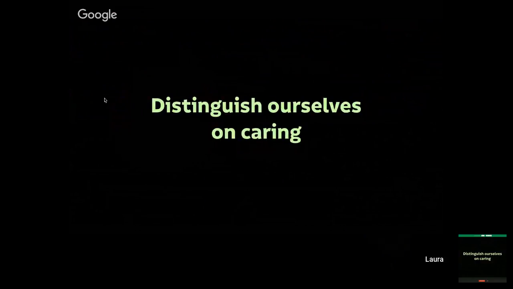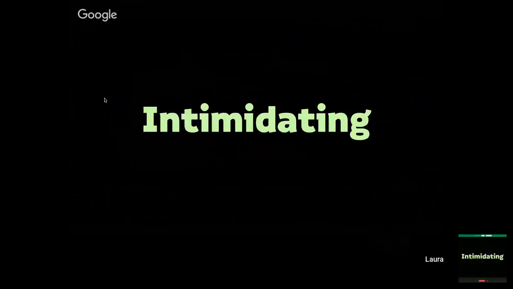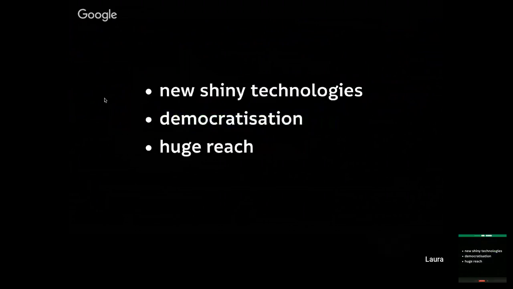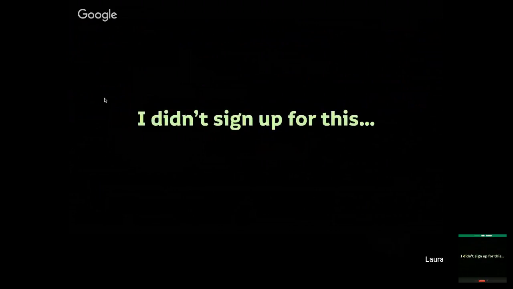We can distinguish our products and our services and ourselves on the fact that we actually care about each other. It's quite intimidating when we start to think about the potential impact of our work when we're building these everyday things, because you joined the industry because of this. Maybe you just joined it for potential. You might have joined because there's new shiny technologies to play with, or because you like the idea that the web democratizes information, or that things that you build have a huge reach, but you're not necessarily thinking about all these different people that you're trying to include in your work. You think maybe you didn't sign up for this. But the thing is,